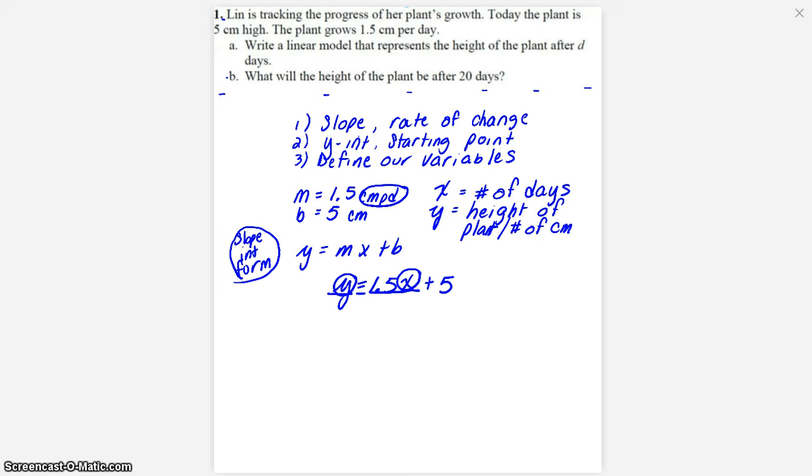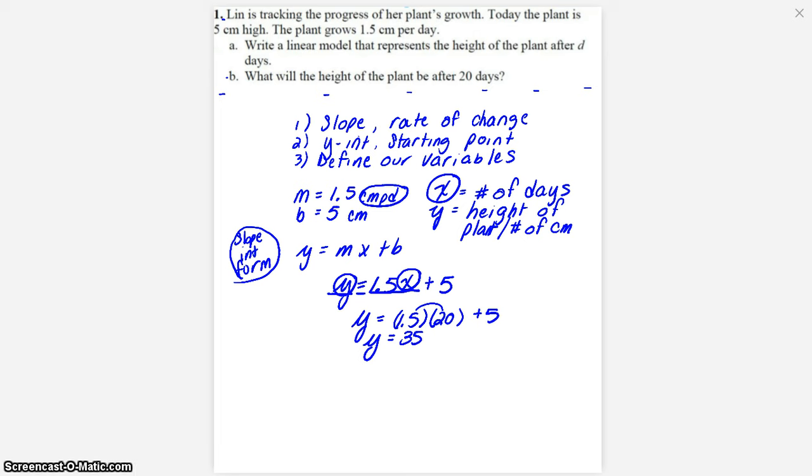I thought I was done, but let's go finish question B. What will the height be after 20 days? So x is the variable that stands for the number of days, so we're going to rewrite this equation, but instead of x, we're going to put in 20 and figure out what that y would be. So y, and this becomes very important throughout the year and throughout the rest of your math career, is equal to 1.5 times, instead of x, 20 plus 5. Now let's see if I can do this in my head and get the correct answer. Multiplication first, 1.5 times 20 is going to be 30, plus 5 should be